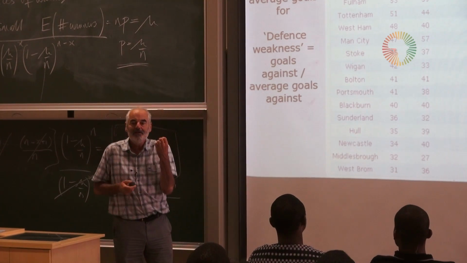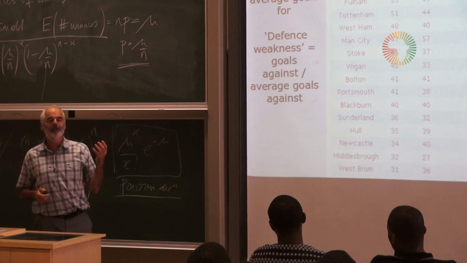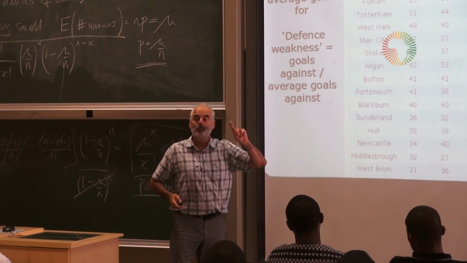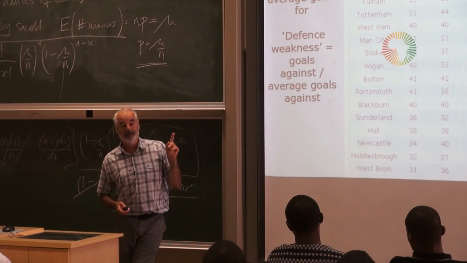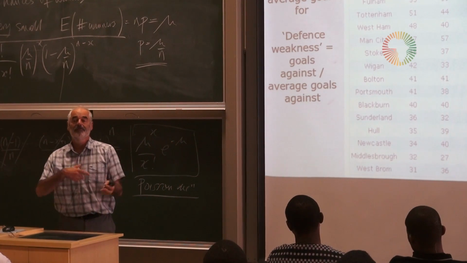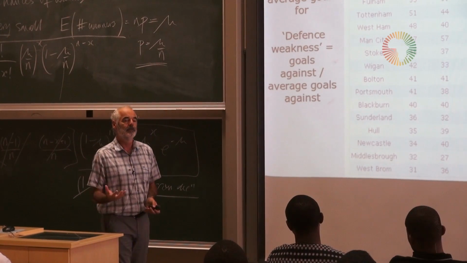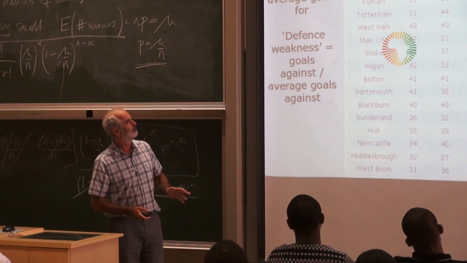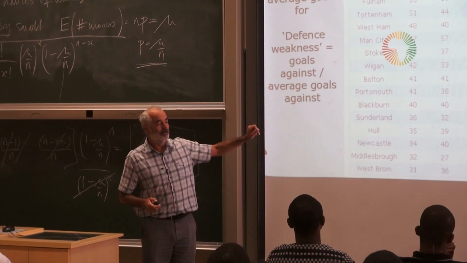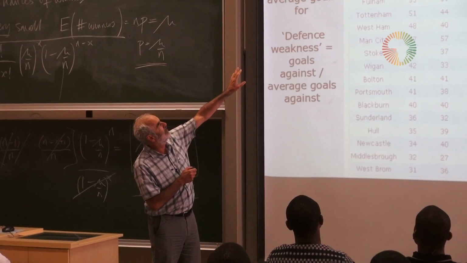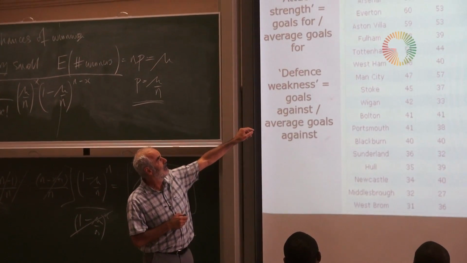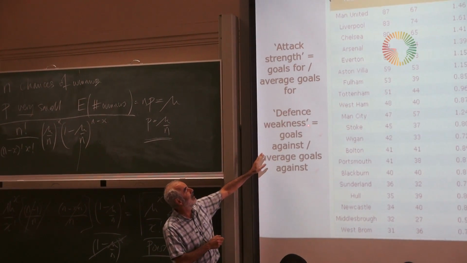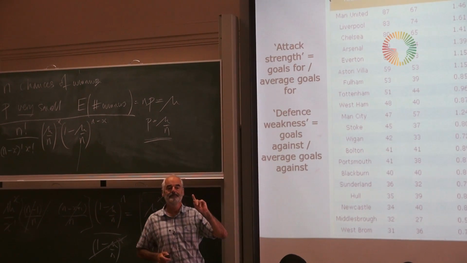Now, how can we work out what's the expected number of goals for each team to score? And what I'm going to describe now is what the sports betting companies do when they try to set the odds for a football match. So this is a really popular use of statistics now. What they do is to work out an attack strength for a team, so how good their attack is, and how weak their defense is.